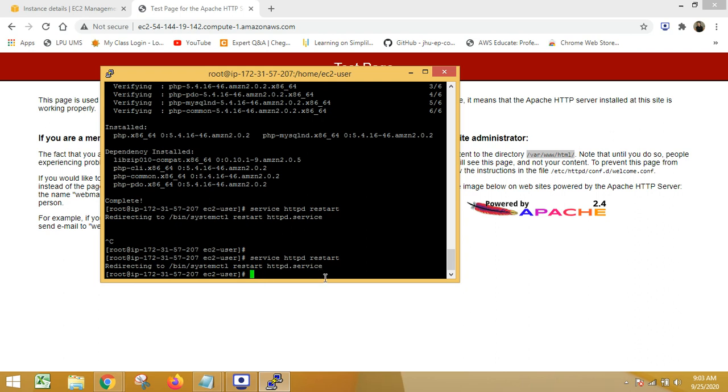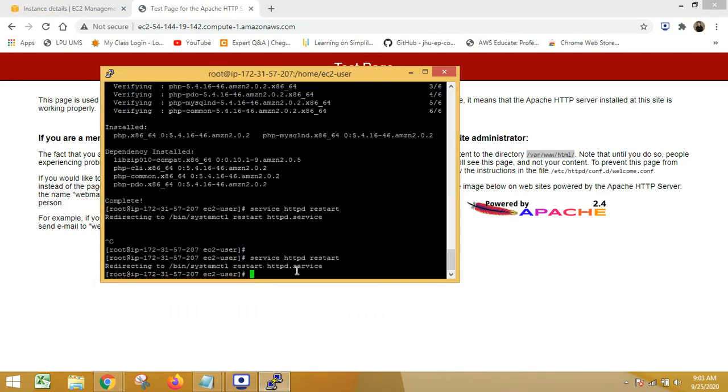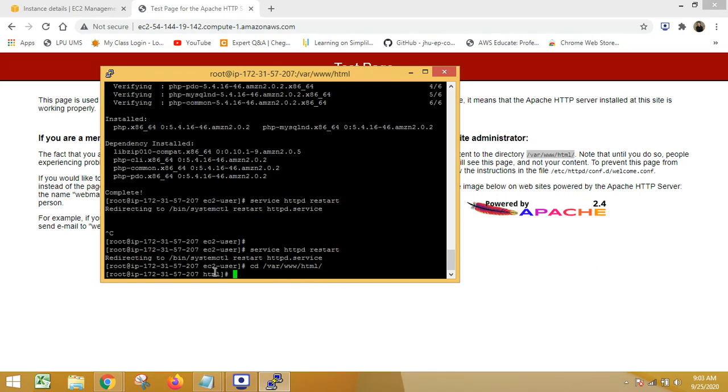Okay, so now right now I am working in this directory, ec2-user. As I said, in the Apache server, some directory path has been given to us. I am simply copying that, and now I am going to go into this directory. So cd, and then I will simply press right click, and I will get the html directory now. So now within this particular directory only, I am going to launch the new page. Within the PHP, I am going to launch a test page in the PHP. So for that, I need the command vi, and I will provide any name to this PHP file.